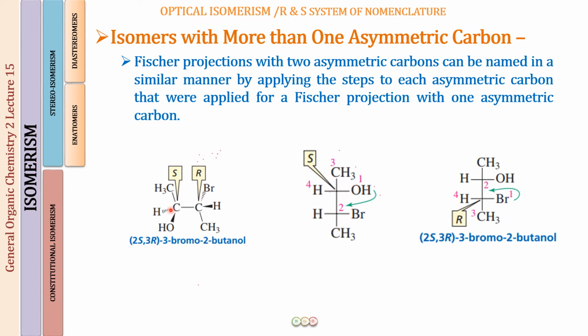So you will put the OH group over here so that the arrow goes in the clockwise direction, and the answer is the opposite, that is the S configuration. Similarly you can do this for the other one also. Just by knowing the configuration of one of the projections, you can convert that projection into the other, and similarly you will be able to convert the Fischer back into the wedge. So this is how you benefit from learning the S and R configuration. Converting one projection into the other becomes very easy.